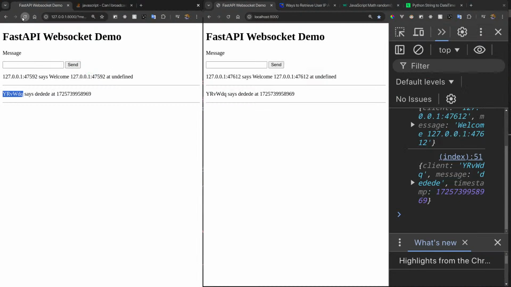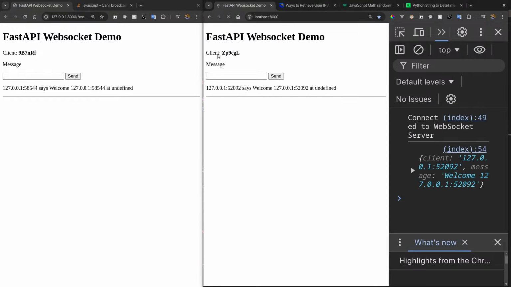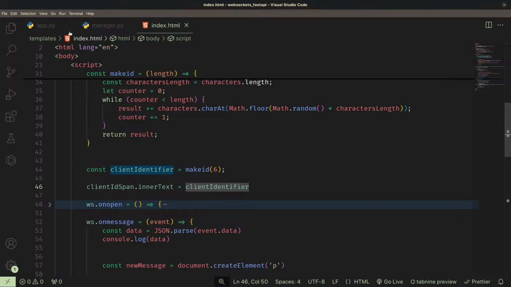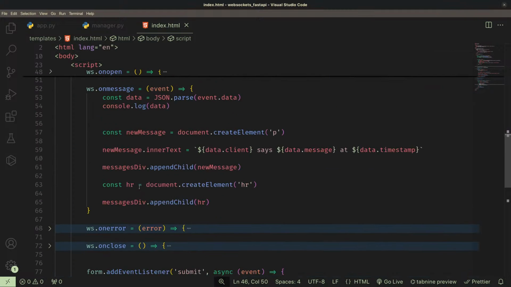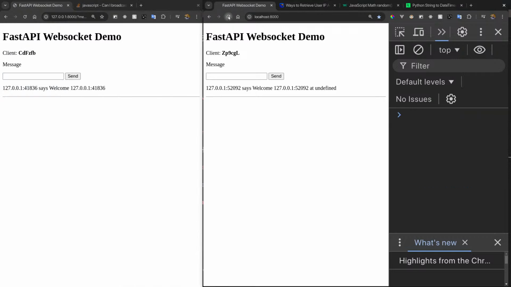So if I refresh, I'll have the client this, and then when I refresh, I have the client that, and then I think I have to get rid of the whole timestamp thing. I have to get rid of it because it doesn't make any sense. So yeah, I refresh and refresh,